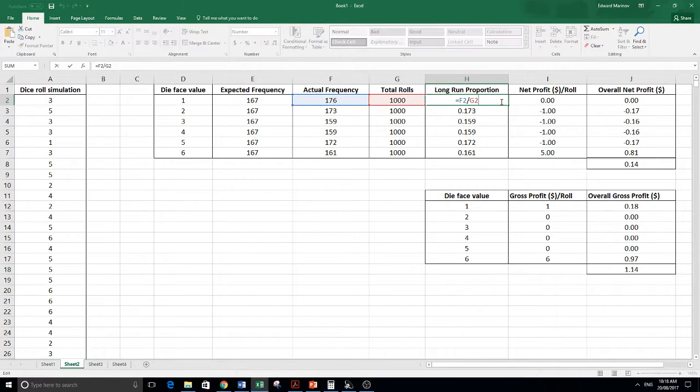So moving on, we have our long run proportion, which is just our actual frequency divided by our total number of rolls. Okay, and from there I've used the net profit. You can obviously use your gross profit as well, but there are fewer steps involved when using net profit. So just going back to the question,